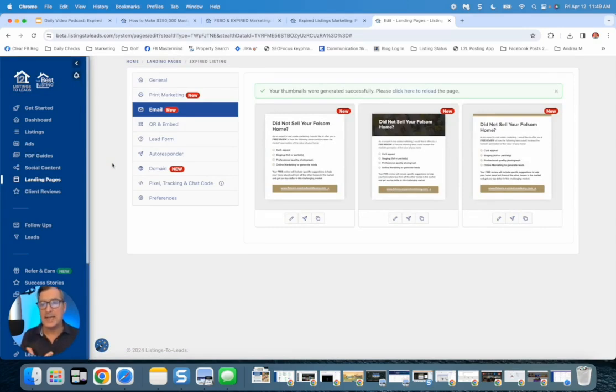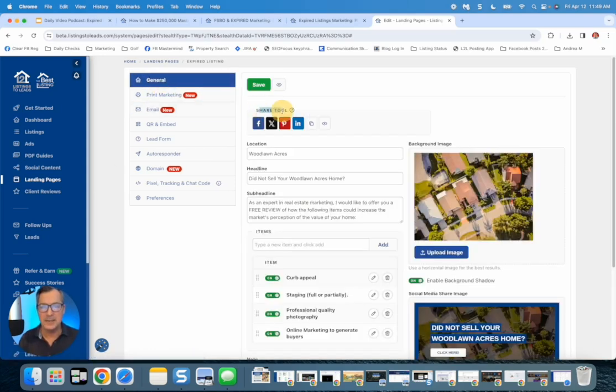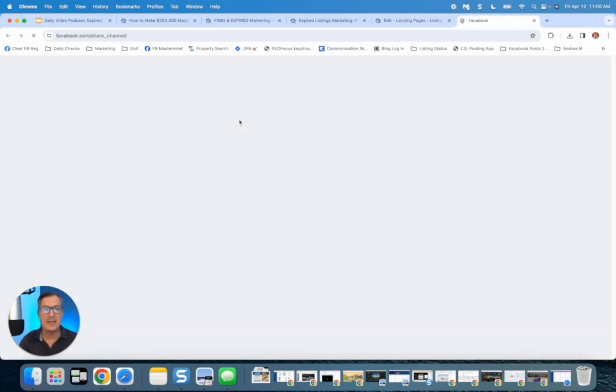Now, you can go to the ads tab and do an ad. You can come back into here and do a post. So I could totally do a post. And in fact, like I said, I think I would do a post. So I would come over here and I could either do share on Facebook by clicking that,